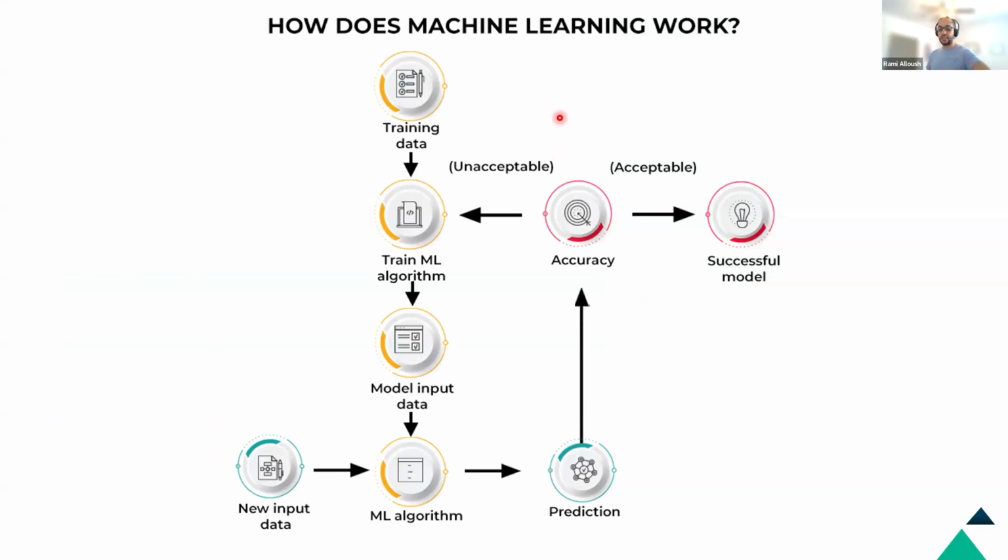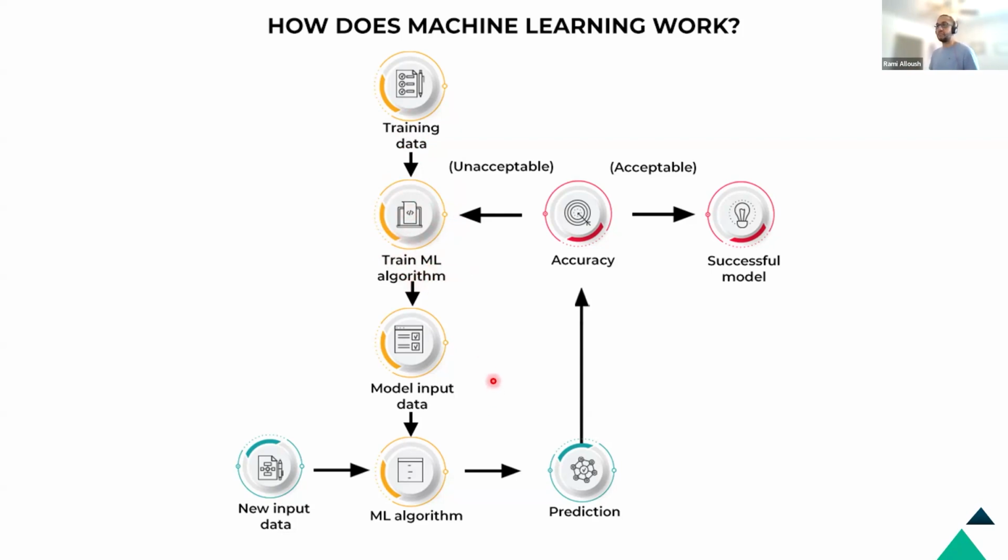As we planned, we have the training data. This is how we tell the machine what it needs to learn, what it should learn. This training data goes into the machine learning algorithm. Again, there are multiple types of algorithms, and each type has a different way it works and different objectives: what kind of problem we should use this machine learning algorithm with. So this is the second step, that we take the training data and supply it to the machine learning algorithm